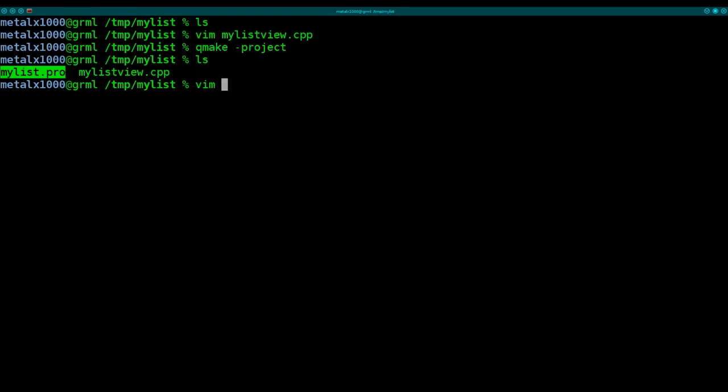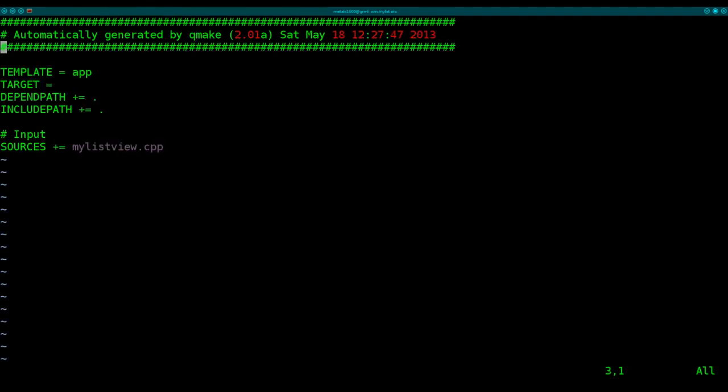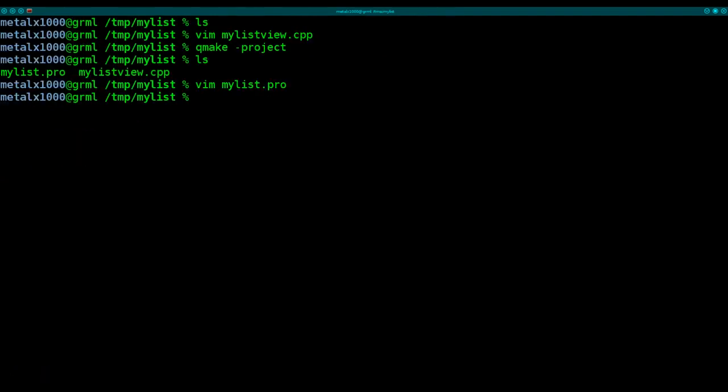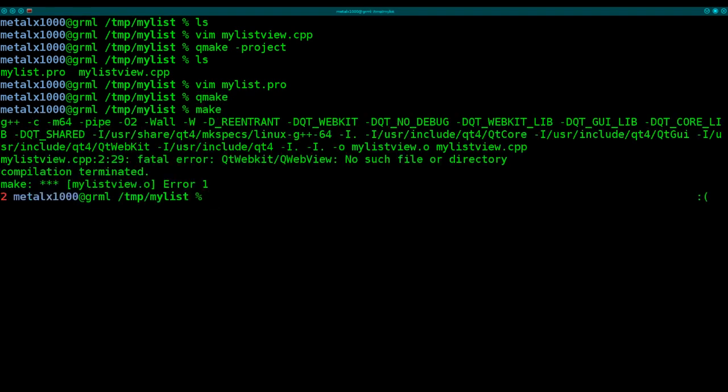So now I can use Vim to view this and edit it, because we need to add a line to this. So right here, automatically it put in here that our main source file is the mylistview.cpp. We need to add a line so that when we compile it, it knows to include the Qt Webkit. So we're going to say QT += webkit. Now that we've done that, we just need to run qmake and then make. And it should do